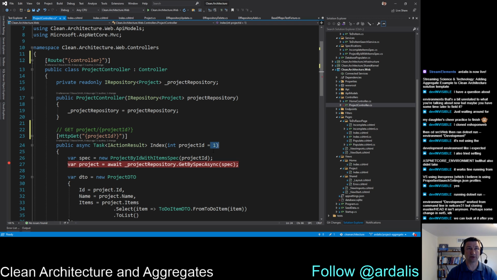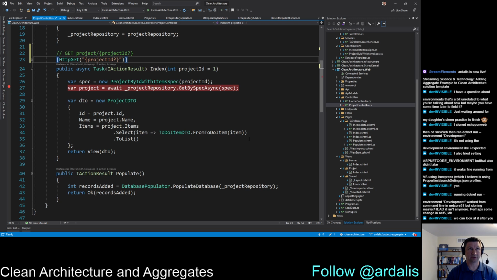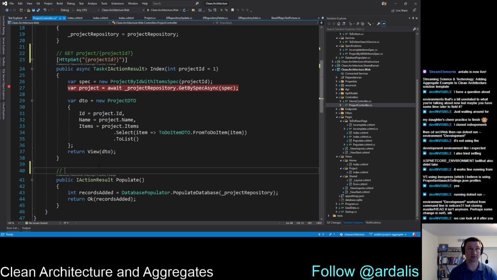And it's going to default to 1. Okay, so then in this one here should just be a get of project whack populate,